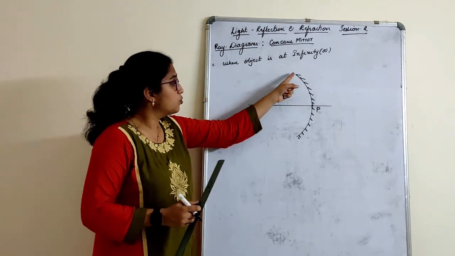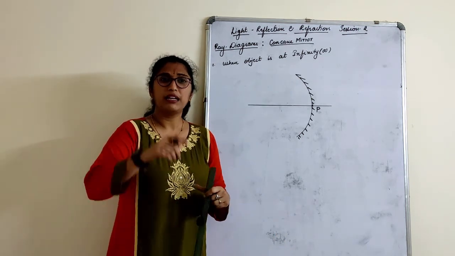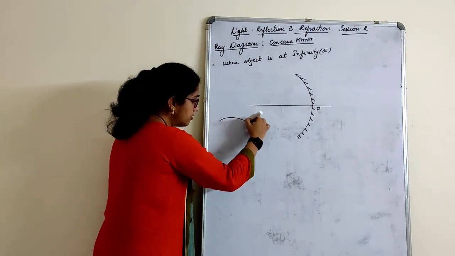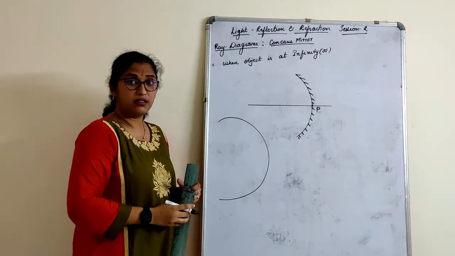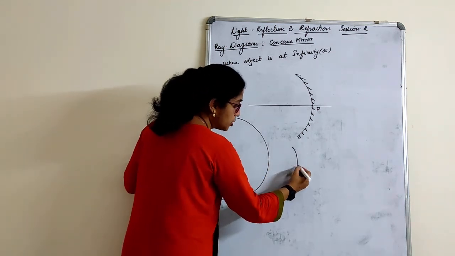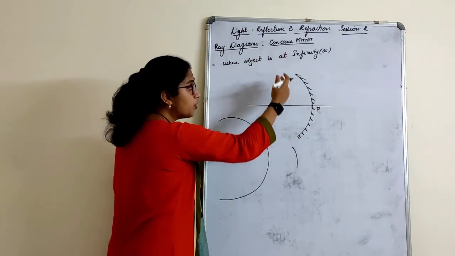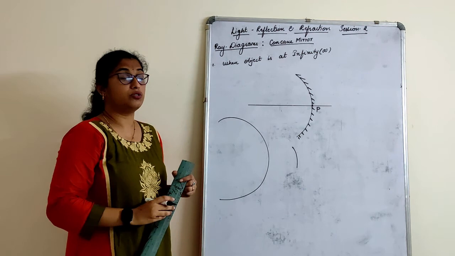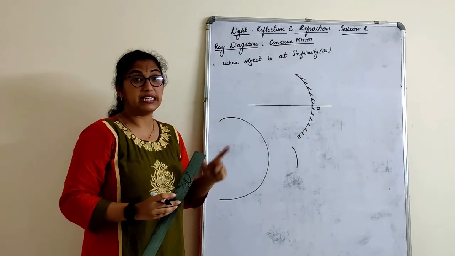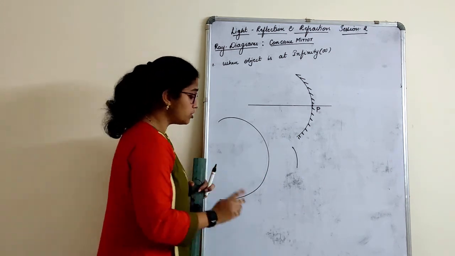Now see here, why did I say 60 degree, why not 70, why not 80? You can't draw the mirror like this, or draw just a C, or draw this much only in a given straight line. The accurate length of a mirror that is feasible to draw a ray diagram is always 60 and 60. That looks very neat, neither too big nor too small.